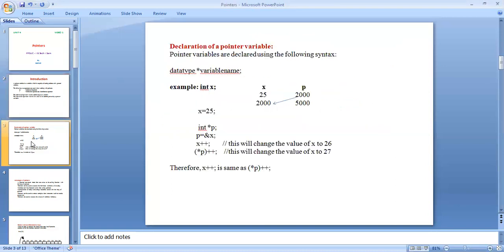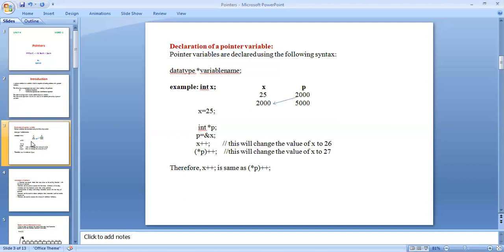Declaration of a pointer variable. Pointer variables are declared using the following syntax: data type, indirection symbol, variable name.